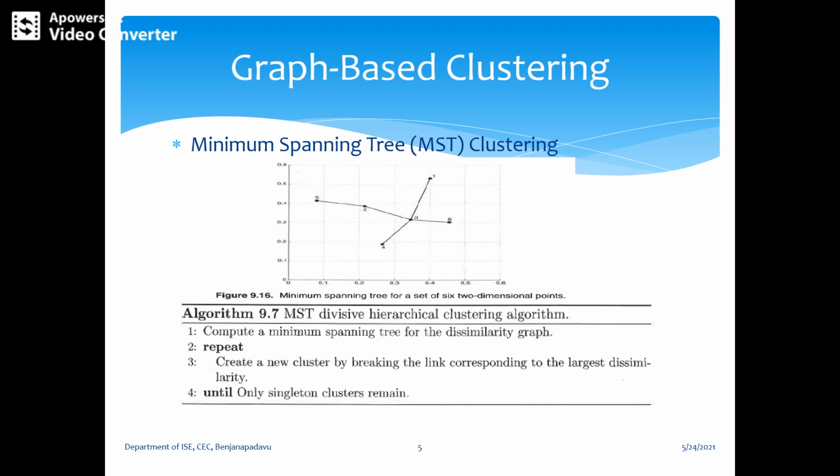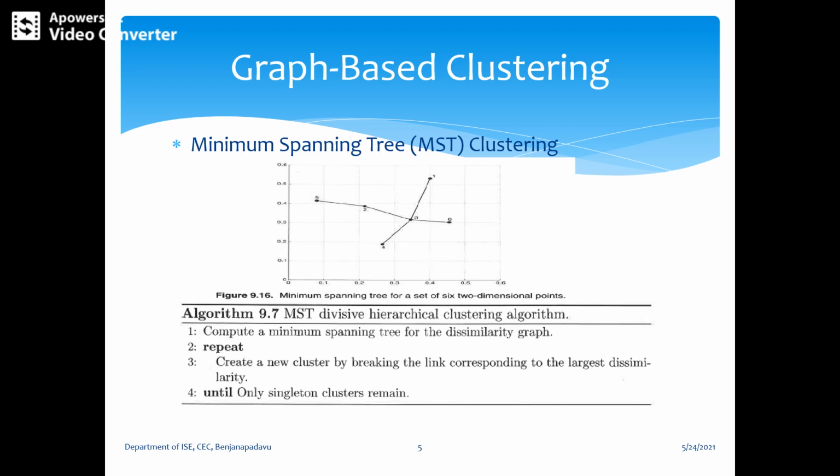So here, interestingly, this algorithm produces the same clustering as single link of agglomerative clustering. A minimum spanning tree of the graph is a subgraph that has no cycle. It is completely a tree. It contains all the nodes of the graph and has the minimum total edge weight of all possible spanning trees. This we know is the condition of the MST.